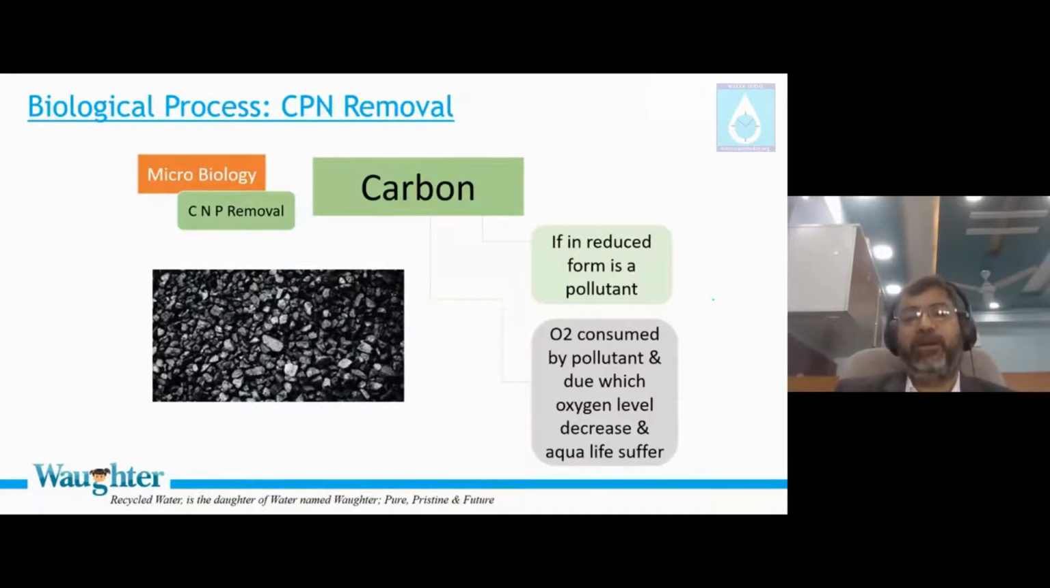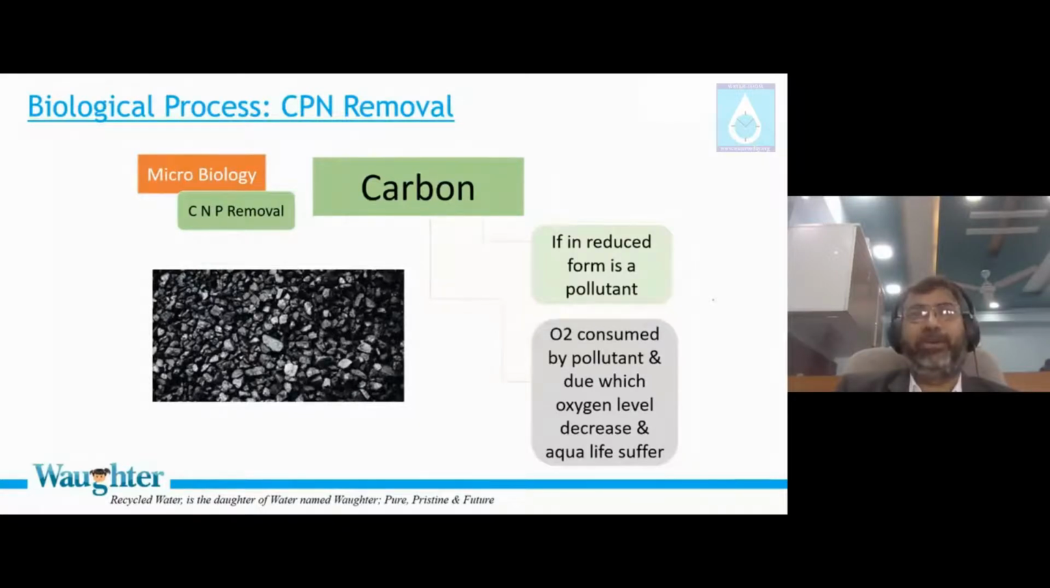Biological process is as important a process as is done by a tree. Oxygen is consumed by pollutant, which is called carbon, due to which the oxygen level decreases and aquatic life suffers. The thing which I was explaining: if there's no DO in the water, the fish cannot swim. So our responsibility is to do good biology, because microbiology is responsible to convert that soluble organic carbon, soluble COD,